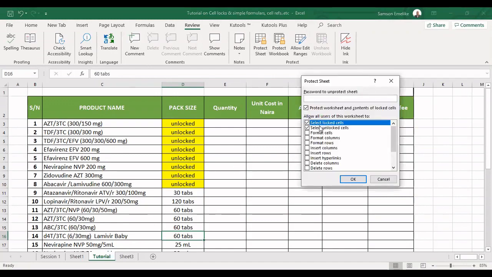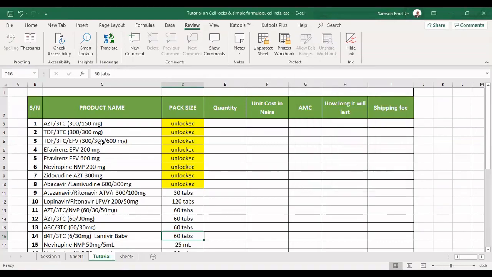So I'm going to unprotect it, and then, okay, now let me still go ahead and protect. Looking at this point now, we say we can select locked cells, we can select unlocked cells. So let me go ahead and protect. What this means is, remember that they are locked cells. So I'm able to select them now, even though they are locked. And anything you select, you can also copy. Right. Here, this is not protected. I can also select it, and I can also copy it,